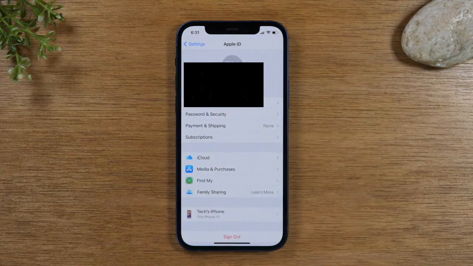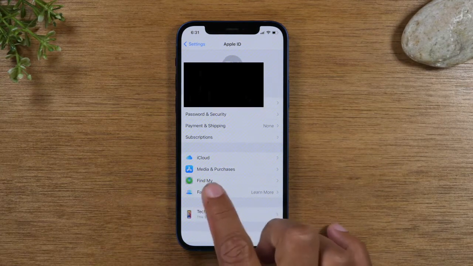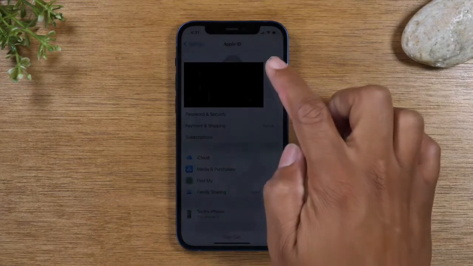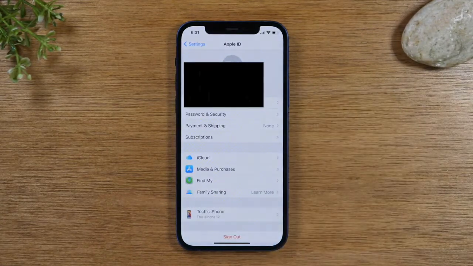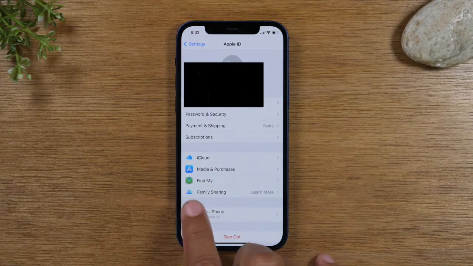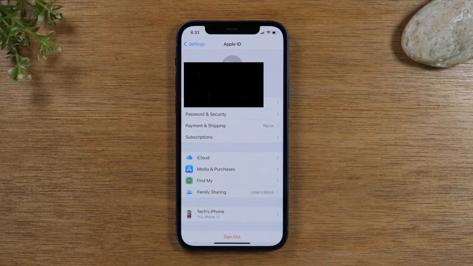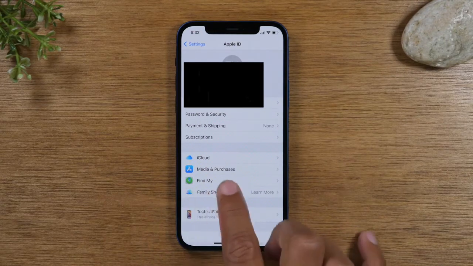First thing you need to do, before I show you, is figure out if you're trying to give the phone to somebody else, or if you're trying to just reset the phone because the phone is glitching. So I'm going to show you the two ways. If you just want to reset the phone and the phone is just glitching, you don't need to turn off Find My iPhone, because otherwise, if you want to give the phone to somebody, you need to turn off